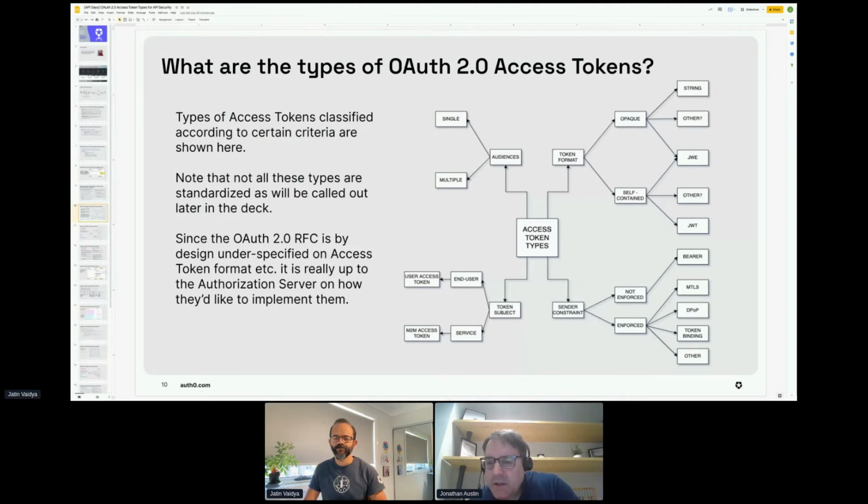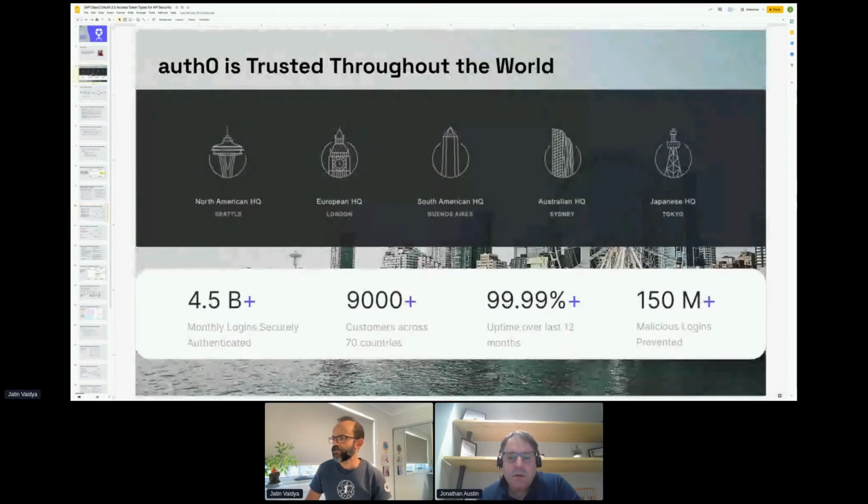I think you flashed up 9,000 users or something. Like this one? 9,000 plus customers. The comment was, how come only 9,000 customers? There must be a lot more people using this. Well, this one actually does not mean the number of users. The users certainly are in the millions. These are 9,000 brands we are talking about.